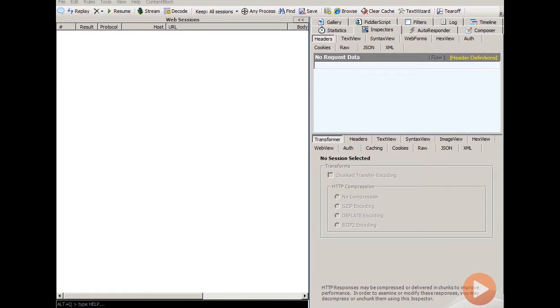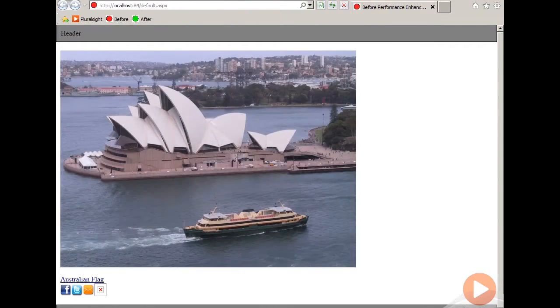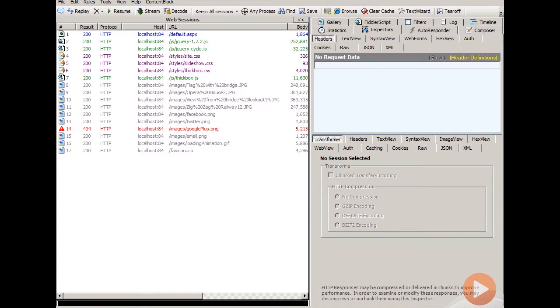Let's review a website using Fiddler. We will make sure our cache is clear. We'll browse to the website. We'll see it's a pretty standard page. It's got a header, a footer, it's got some animation, some images down below. If we look at the Fiddler trace, we can start to notice some various things about how the site works